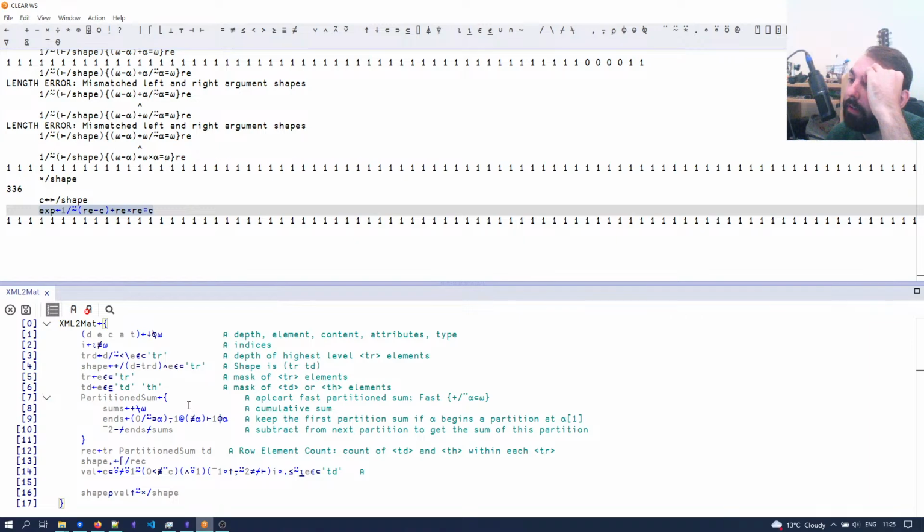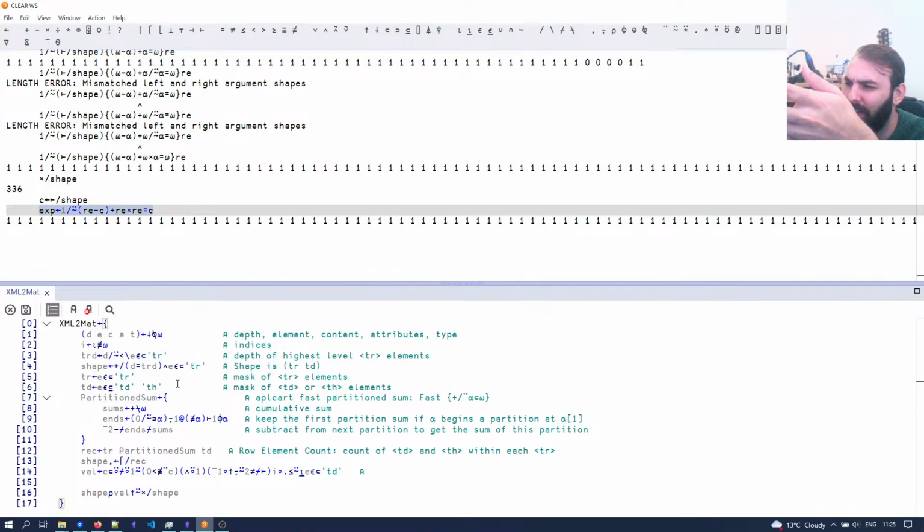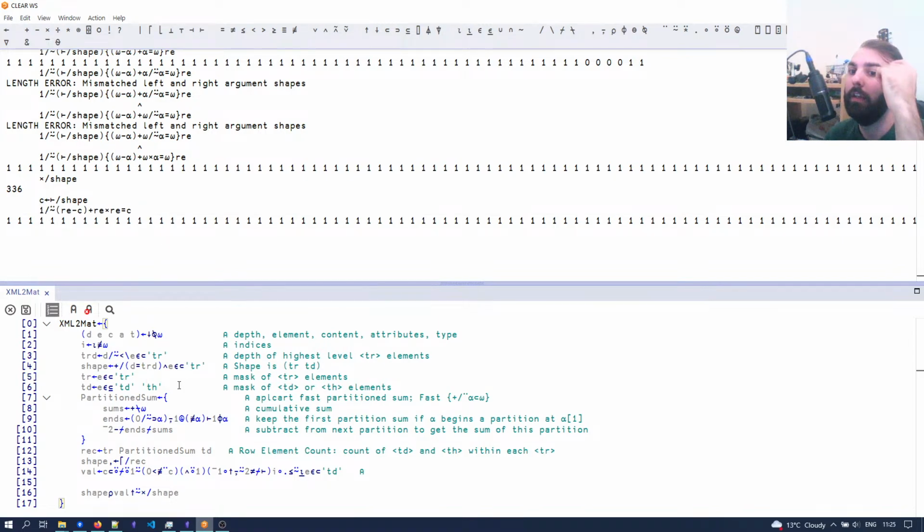Basically, if I say, okay, I want the table data and the table header elements, and in order to account for a table within a table, which this frankly is just not going to handle well anyway right now, if I say in order to account for that, I'm going to just take the table rows at the depth of the first table row,